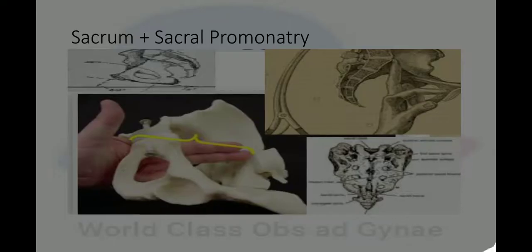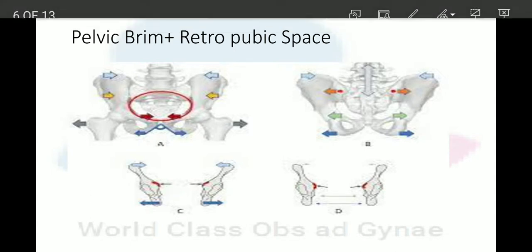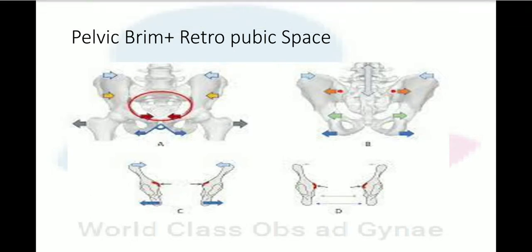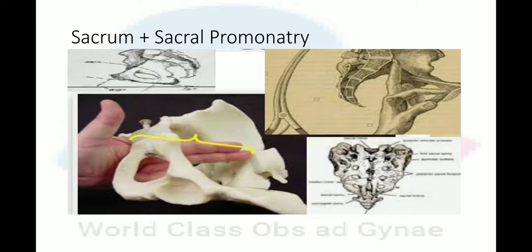Now come the sacral promontory and diagonal conjugate. After examination of the sacrum, I will introduce my fingers deep into the vagina along the sacrum and try to palpate the sacral promontory. At this point, either the diagonal conjugate can be measured or we can simply note that the sacral promontory was reached easily, with difficulty, or not at all. So what happens normally? Normally the sacral promontory cannot be felt.